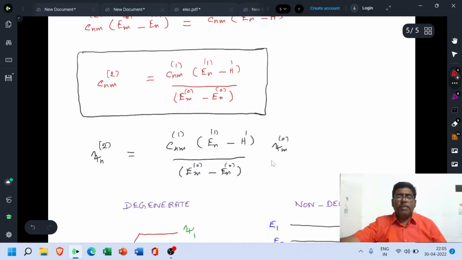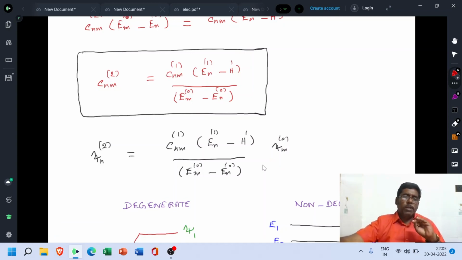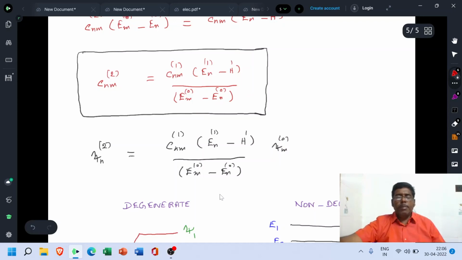In this way, we have evaluated the values of En1, psi n1, En2 and psi n2. That's all about our time independent perturbation theory for non-degenerate